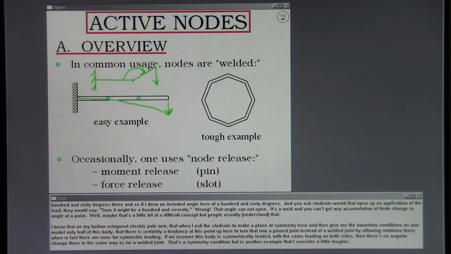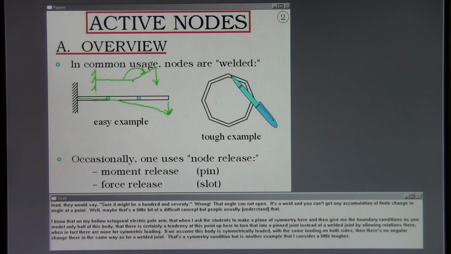Well, maybe that's a little bit of a difficult concept, but people usually follow that. I know that on my hollow octagonal electric pole arm, when I asked the students to make a plane of symmetry here and then give me the boundary conditions as you model